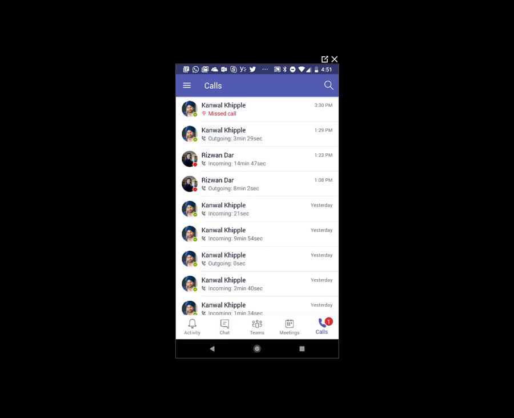So as I said before, anybody who uses Microsoft Teams has the ability to remain connected regardless of where they are. In fact, notifications are also sent to the mobile device, so whenever somebody is mentioned or is following a conversation or a feed, they get notified immediately on their mobile device.